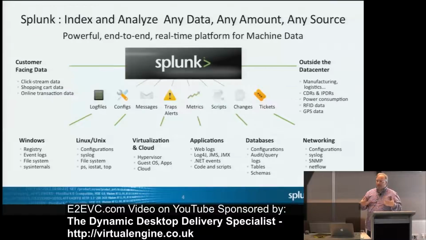You can do statistical analysis, you can do math, and there are correlations and transactions. Our search language is quite complex in what it can do, but it's really powerful.